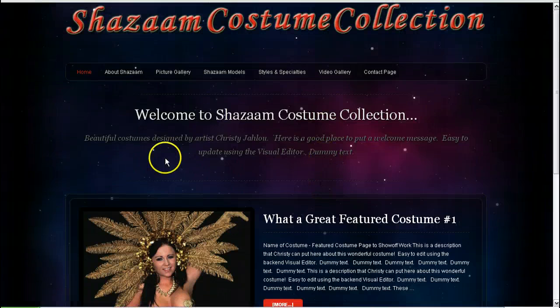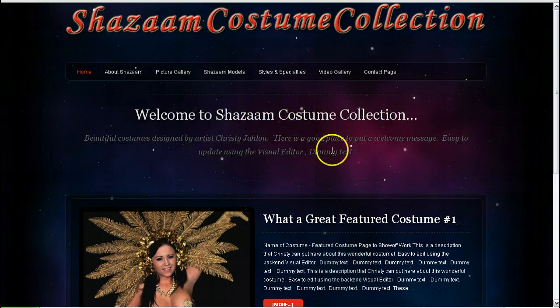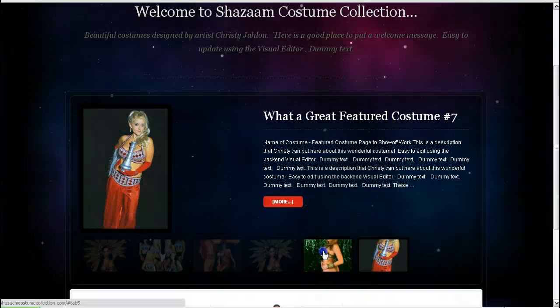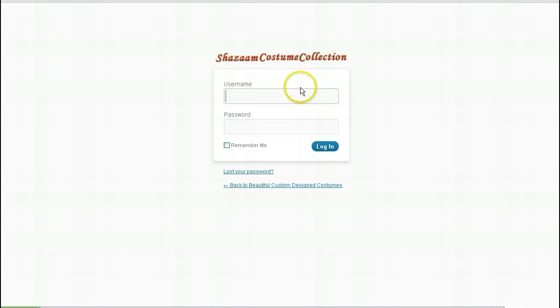One thing to keep in mind, this right here, I need you to email me what you want to say in this area. I'll be glad to update that for you. But you can change this featured area here regularly, and let me show you how to do that. You want to log in again to your back panel,